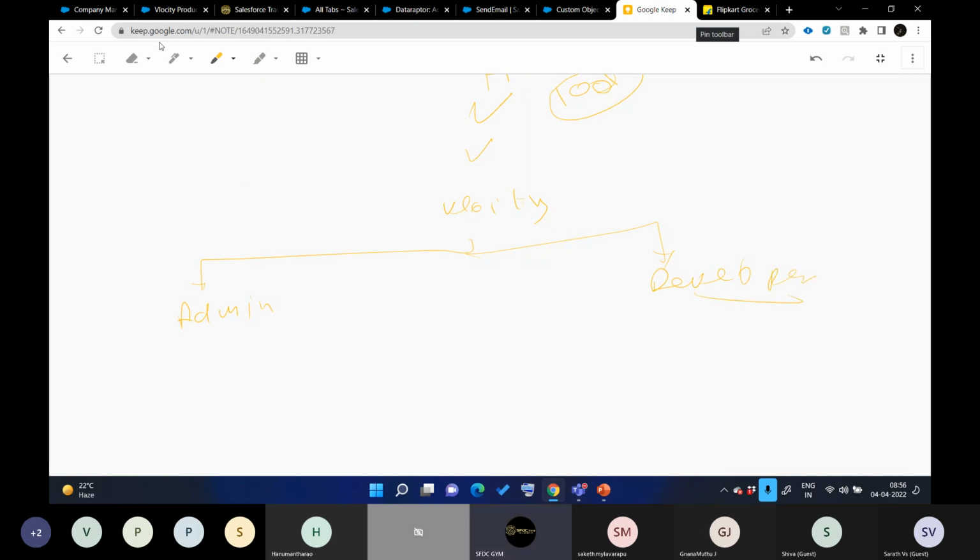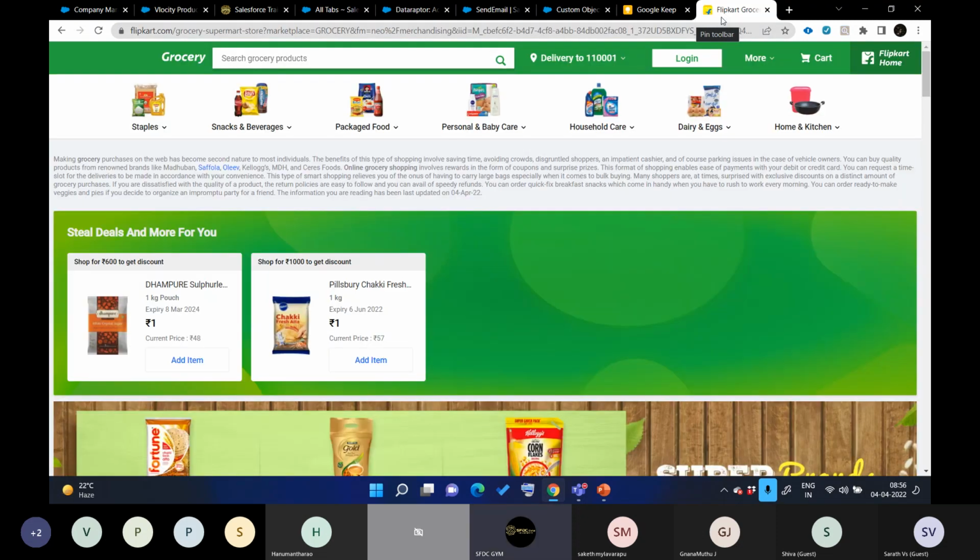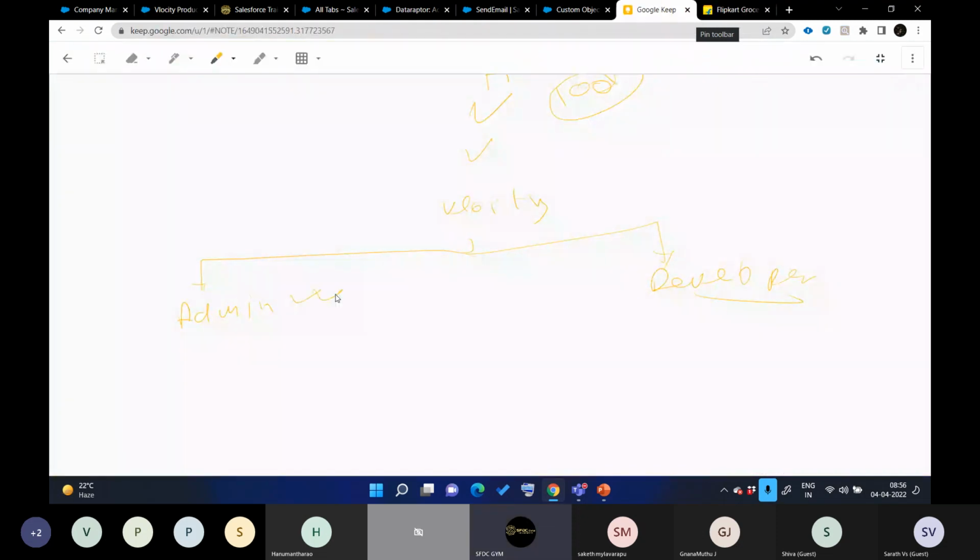Whatever we have discussed as of now, this role lies into the admin part. What is admin? Let's say Velocity offers some basic things like querying data, displaying some fields into the UI, creating the catalog. All those things don't require any coding as such, right? Because it comes with the native skin and native functionalities. If your customers are happy, then you can simply do everything with the help of admin skills.